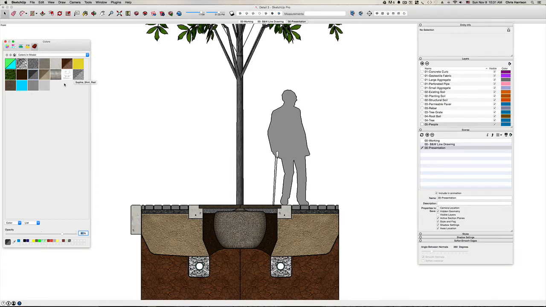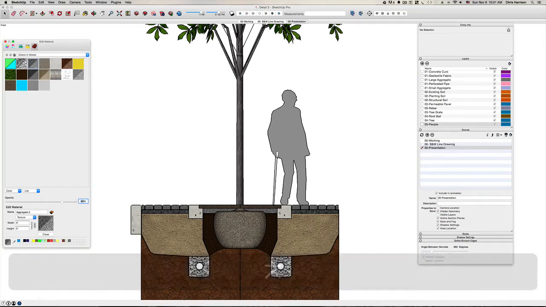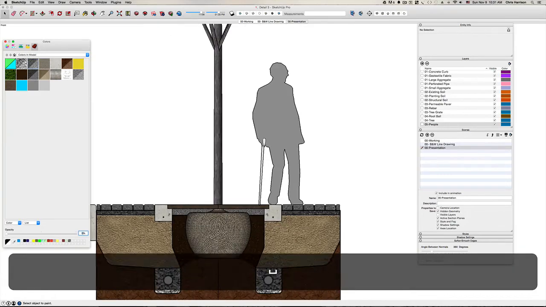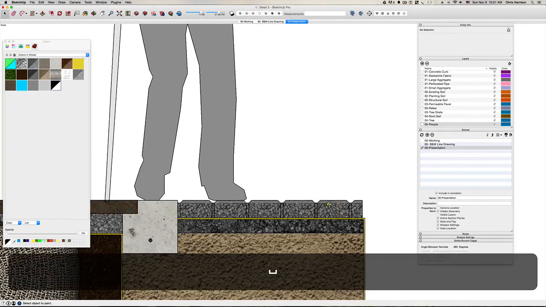And this little guy, maybe that's 80 as well. I'm noticing too that it's kind of putting a